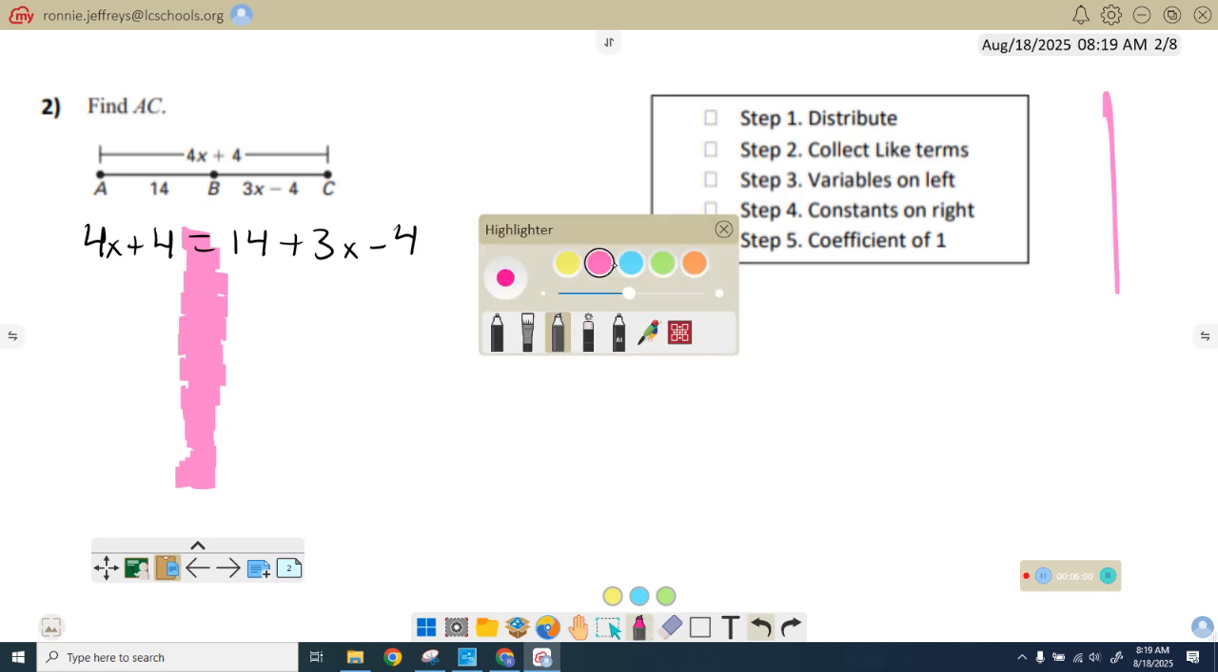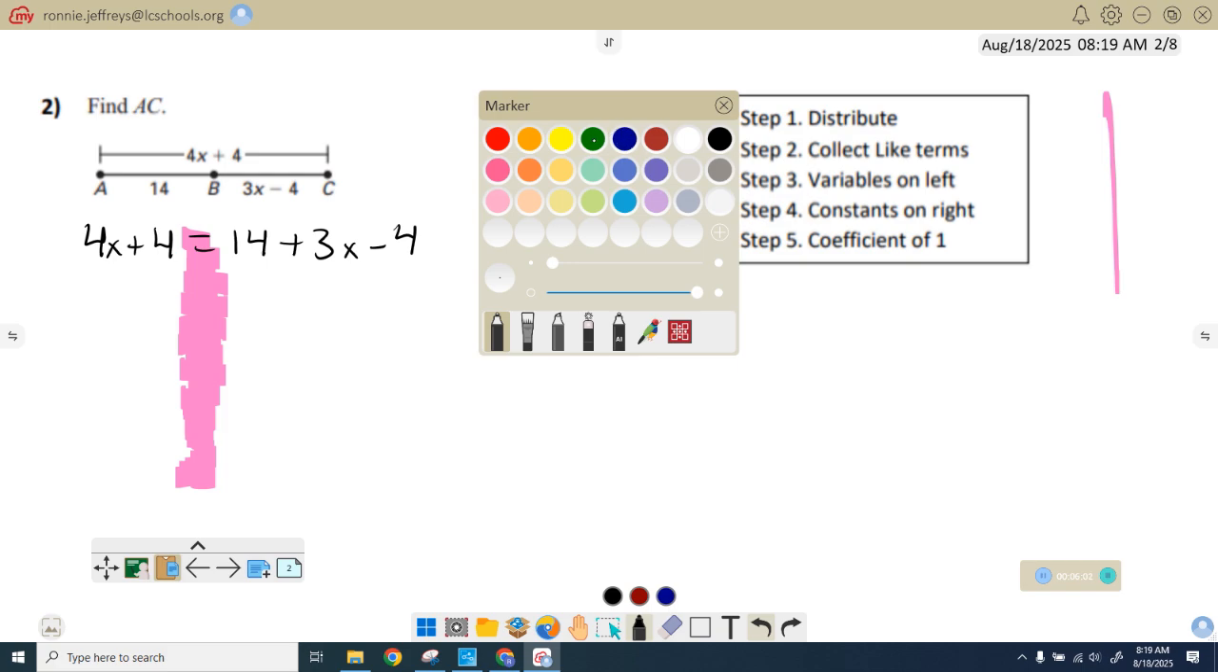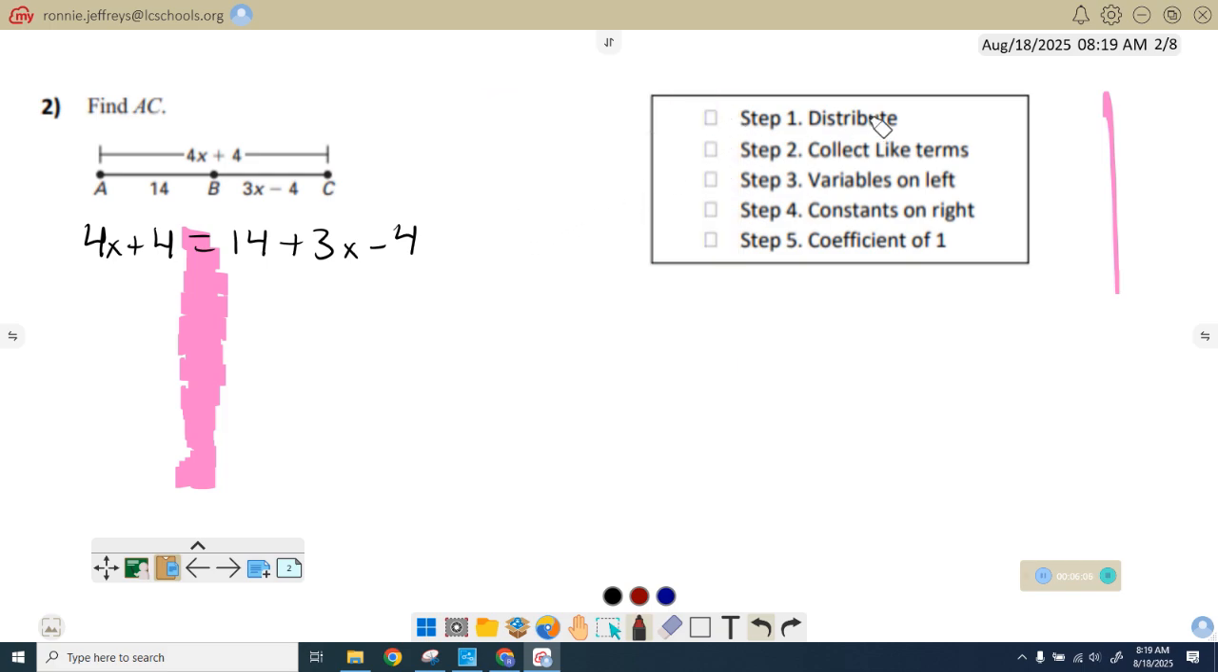All right, so going through our steps. Do we need to distribute? Are there parentheses on either side? The rocks in the head said no, so we're going to move on. Collect like terms. All right. So our only like terms that we have